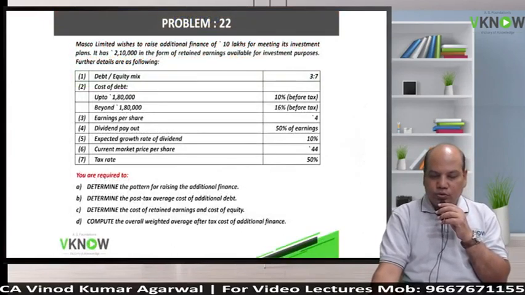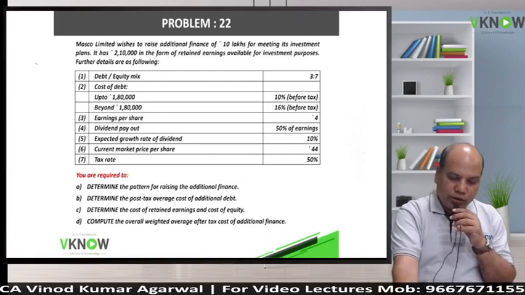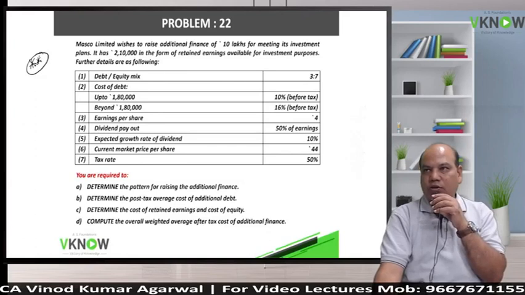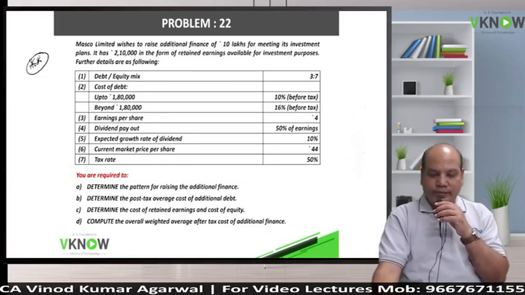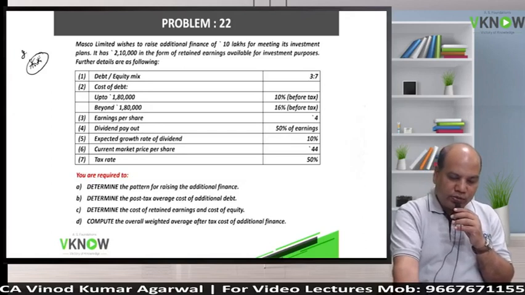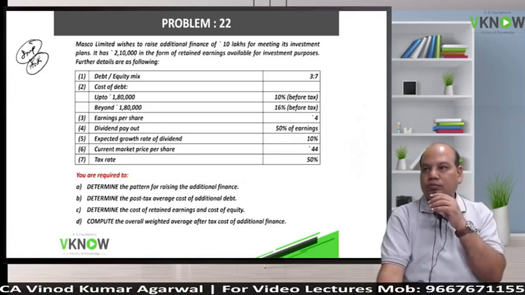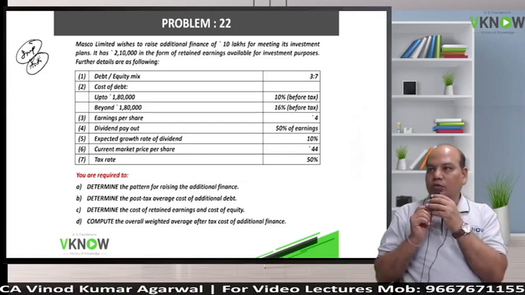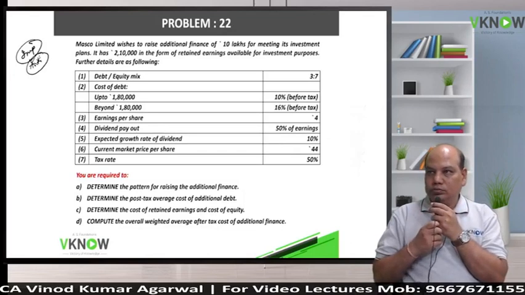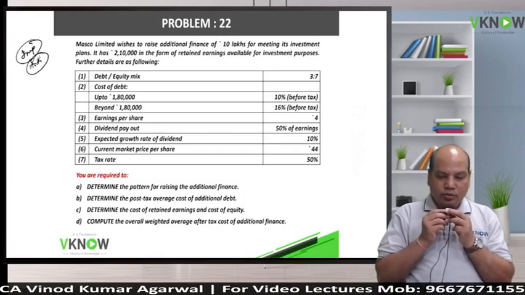Now we'll come to question number 22. Write down important question number 22. One more practice on marginal cost of capital and weighted average cost of capital. Okay. So important. Please come to question number 22. In our book, have you reached question number 22? Say yes. Masco Limited wishes to raise